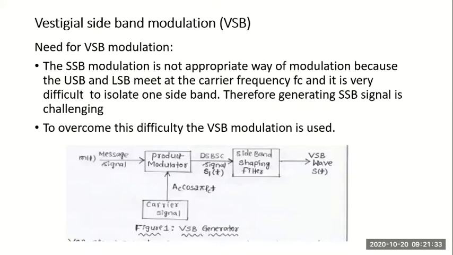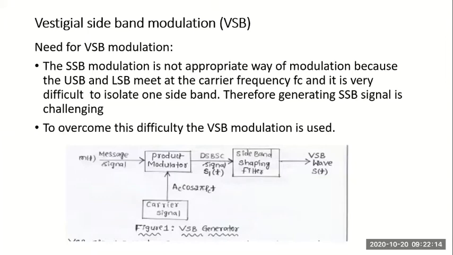And finally, we come to the last one, vestigial sideband modulation. Here we can do vestigial sideband suppressed carrier, or normally we do vestigial sideband reduced carrier modulation. We are going to send the carrier but with a reduced amplitude and power level. So that would be helpful for us to design simpler receivers. If I am going to transmit the carrier, the receiver design would be simple, not as complicated as suppressed carrier receiver systems. So this is what we are going to study.